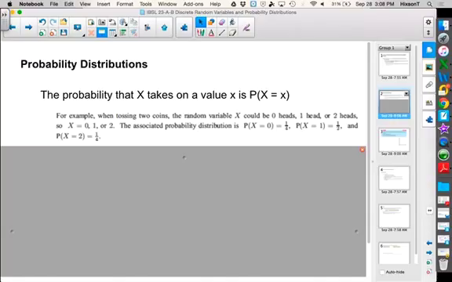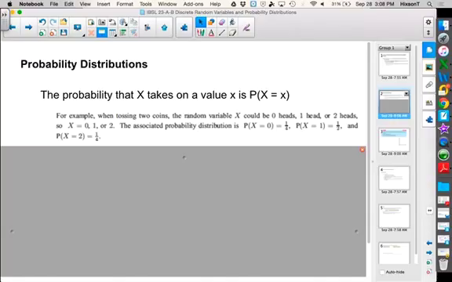Now, none of those are numerical values, okay? But we could take that situation, and if we define it based on X is going to be the number of heads that we see,